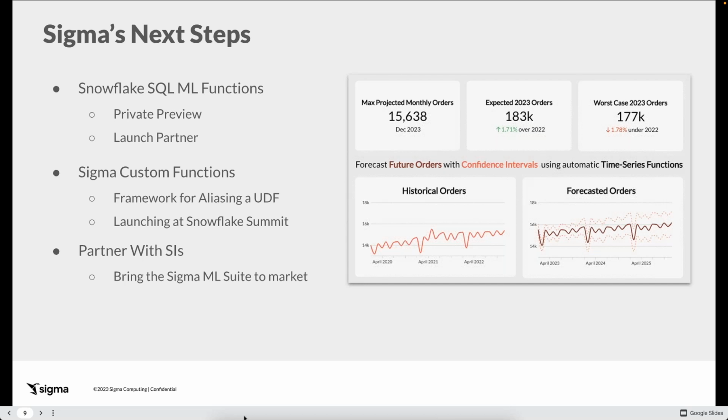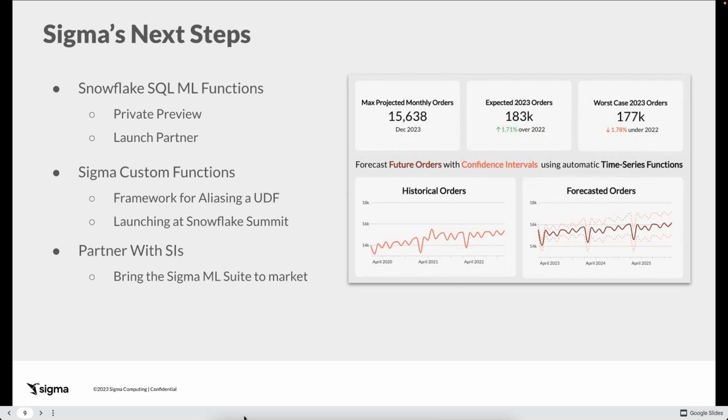And so we're really excited to be the front end and bring all of this to the business. And so obviously we talked about the SQL ML functions. We're really excited. We'll actually be the launch partner with Snowflake on this new feature. And the private preview is currently available for any of our SI partners out there. Highly recommend getting into that private preview and doing a little bit of exploration the same way that Fran showed off. It's a really good way to get your feet wet and start down your analytics journey.